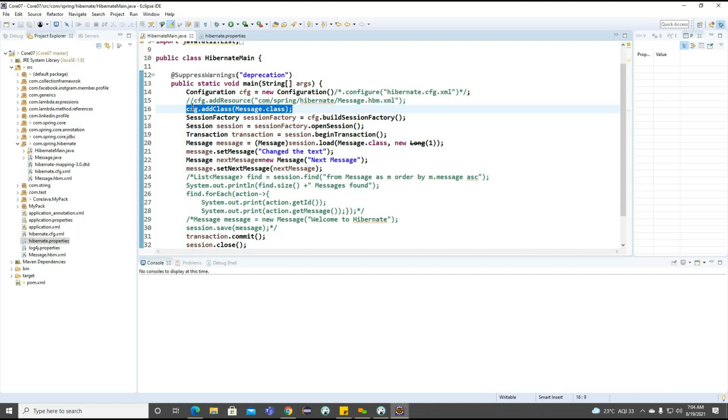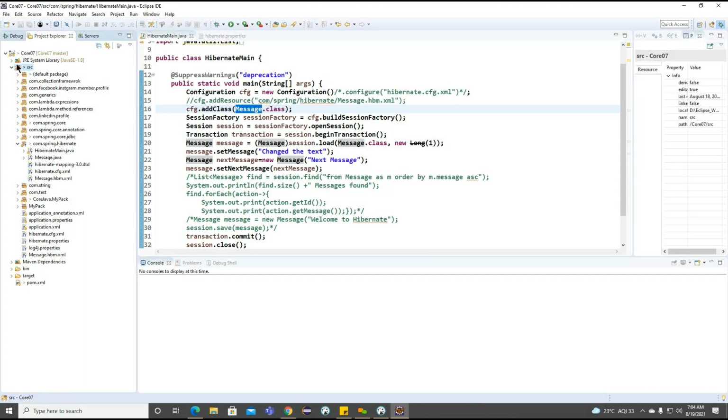Whenever we add the method addClass, Hibernate looks for the mapping document, which is the class name appended with hbm.xml, so message.hbm.xml. Getting the point? Once it is identified in the source directory, Hibernate loads the mapping document, and once the mapping document is identified, it will create the table with the columns.